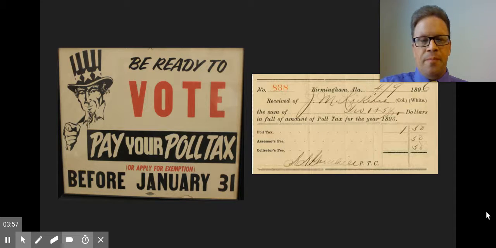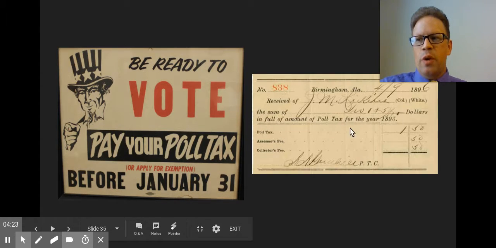Now, often, the poll tax would be cumulative, meaning that you had to pay for each year that you did not previously pay the tax. So if you were 21, you could have voted when you were 18, but you didn't do so, then possibly you have to pay the poll tax for all those other years at the same time. And also, if you did not bring your proof of payment, your little receipt, you were forced to pay the tax again prior to voting.